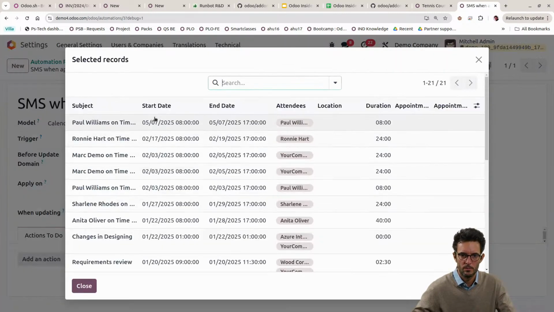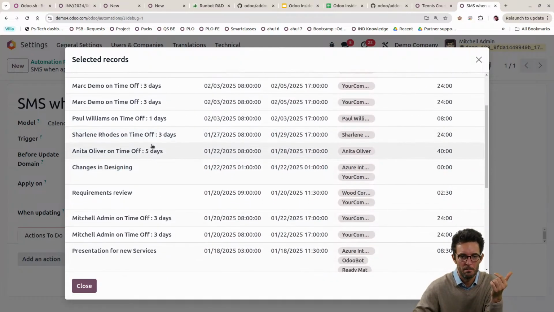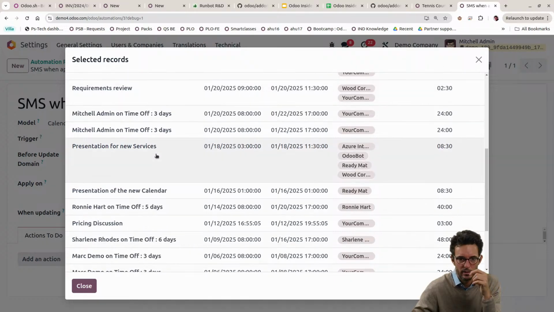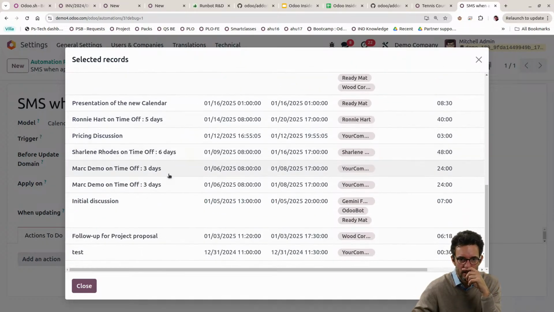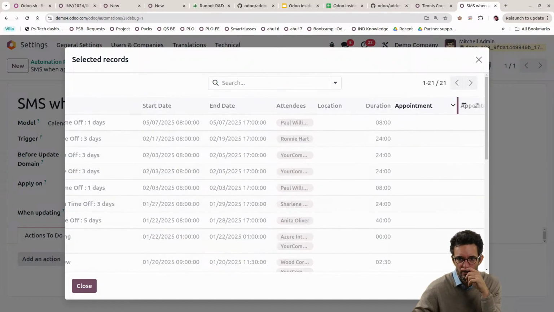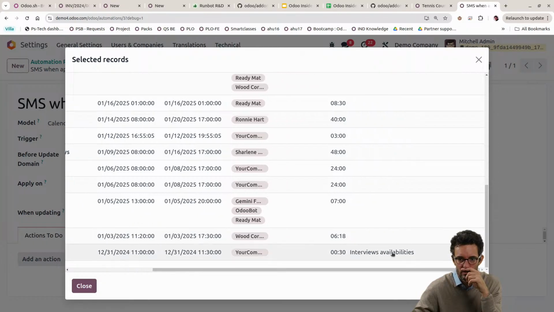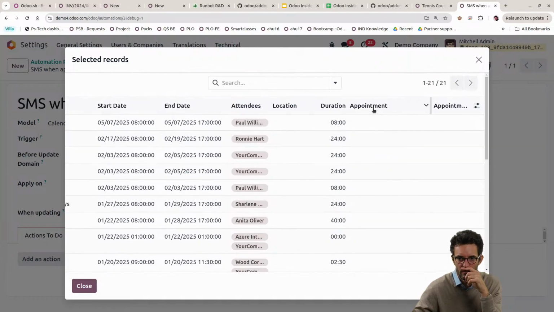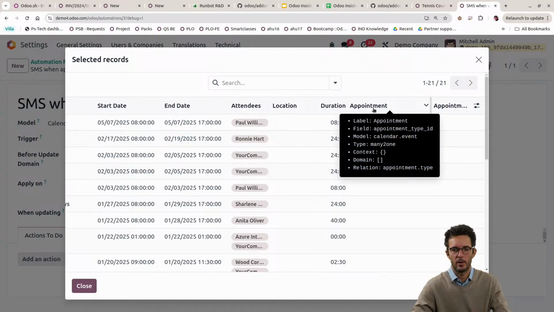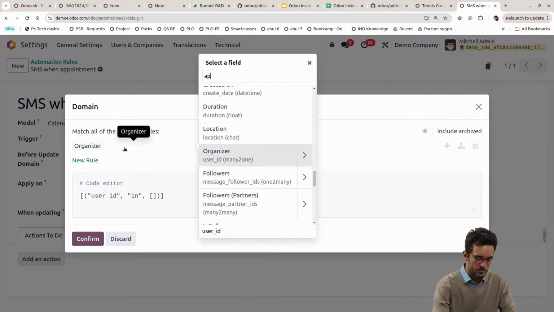If I go there, I'm pretty sure, yes, you see, we see the time offs, for example. We see a few things related to tasks. We see things that are not related to appointment types, but this one, you see, we have an appointment like interviews availabilities. So that is good. And that is the appointment type ID. So I need to filter the ones that have an appointment type ID. So we do that by going here, appointment,